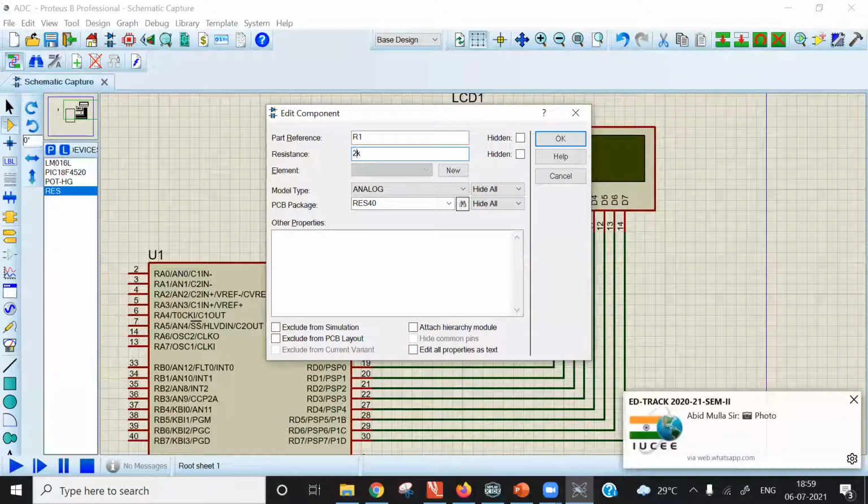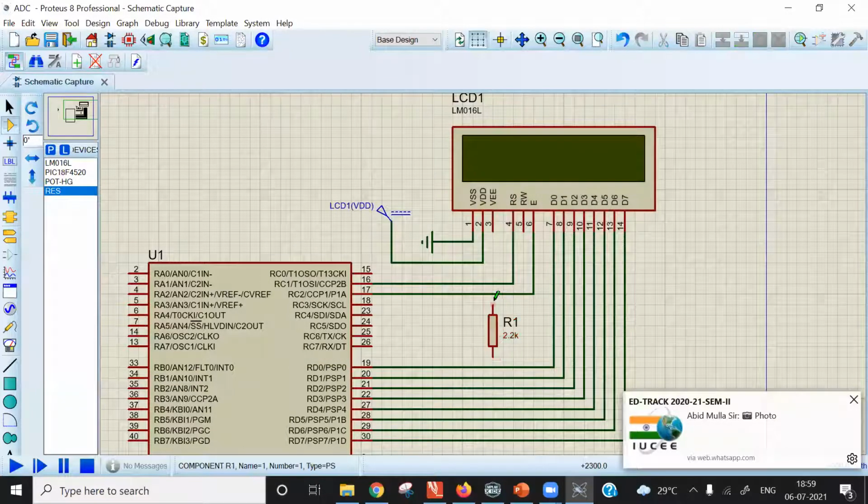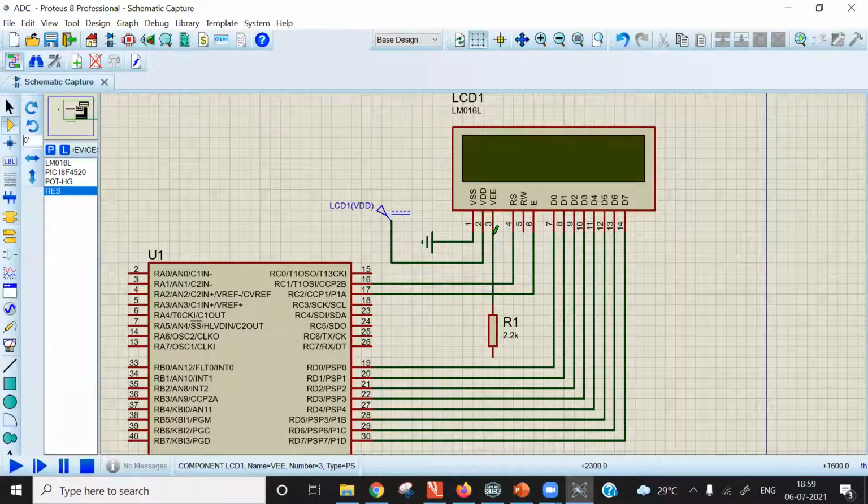Why 2.2K? Because in practice, you will find that a 2.2K value gives perfect contrast for the characters. Just click OK, and after that we will connect it with ground.